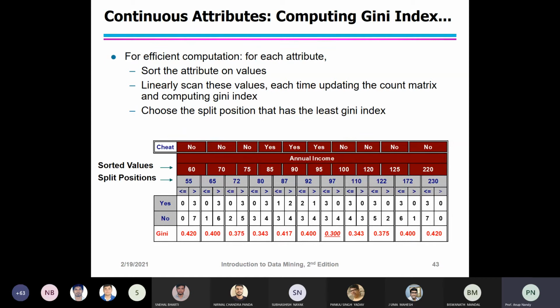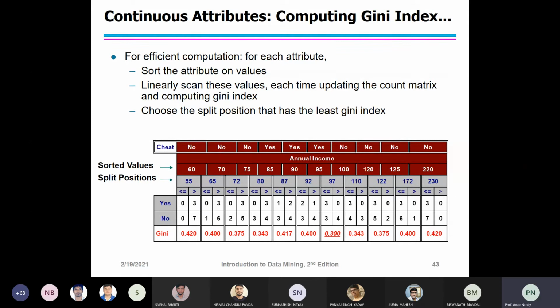This Gini index is called the weighted average Gini index. We have already computed it for the positions V equal to 55K, 65K, 72K, 87K, 92K, 110K. These are the candidate split positions, that is V, identified by taking the midpoints between two adjacent sorted values.